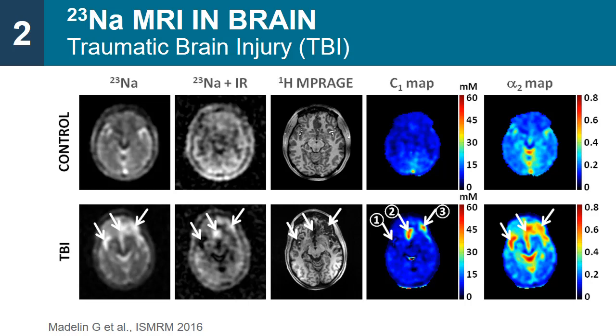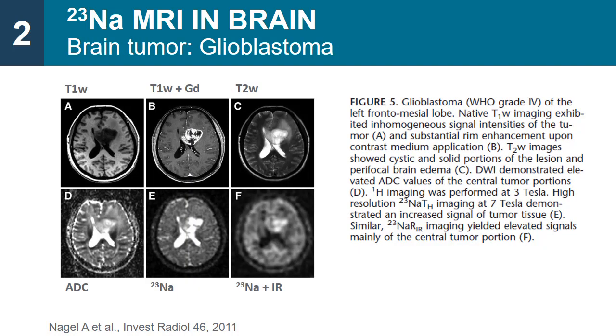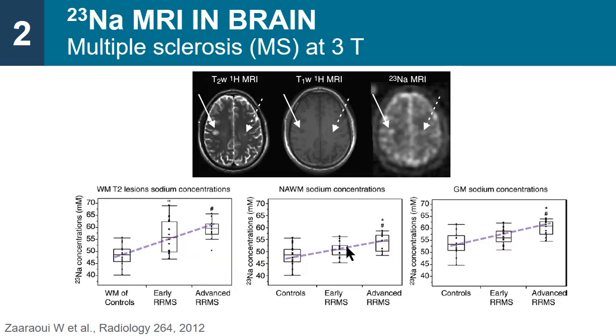So this is a continuing study now. We want to do it over time, the same patient over time. This is from Armin at Heidelberg. A patient with a glioblastoma, and you can compare the T1 Gado, the T2 weighted image, ADC, proton, and you can see the full sodium and sodium with inversion recovery, where you can detect the solid part of the tumors, for example.